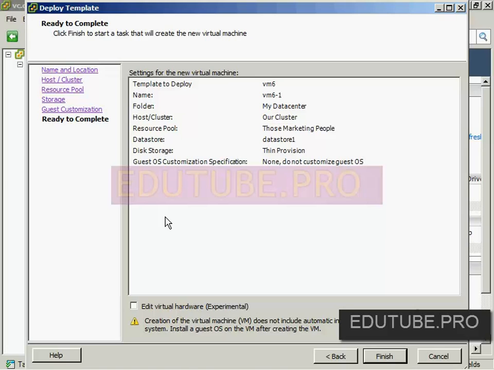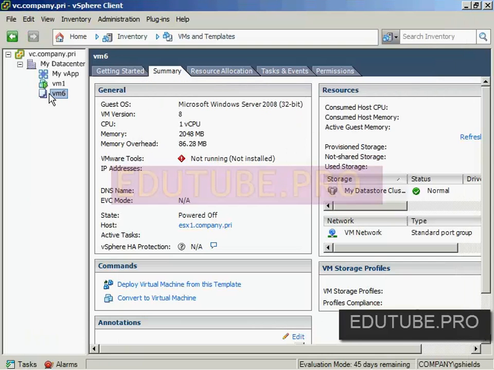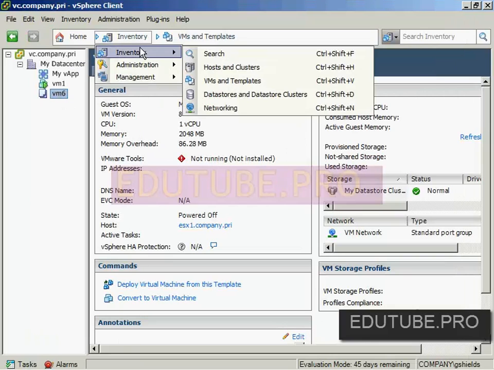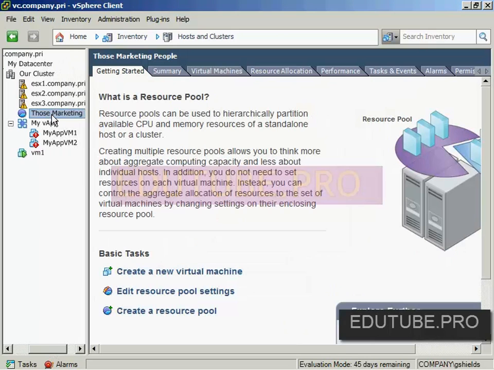The end result of this is that I end up with a virtual machine that is exactly how I customized it. But this is really exciting because it goes much further than the copy-paste world that many of us are used to thinking of when we're dealing with virtualization, and we add some intelligence to that whole copy and paste process. Okay, so here's this deployment template, and here I've got my VM, and I deploy this